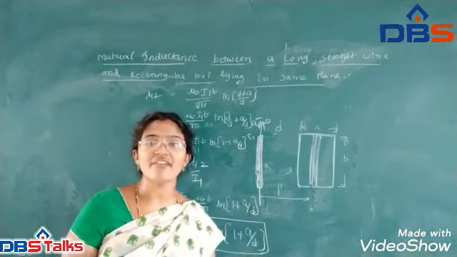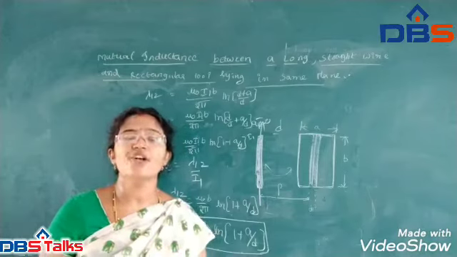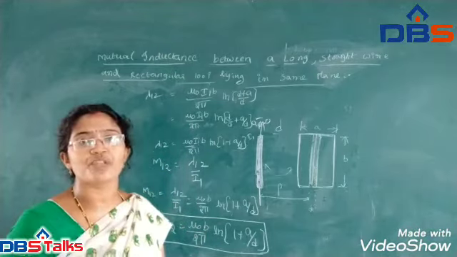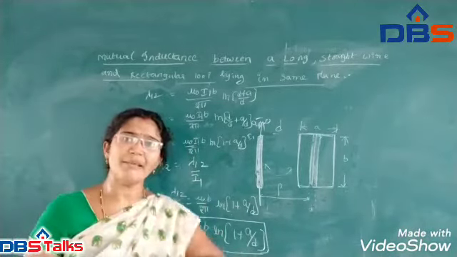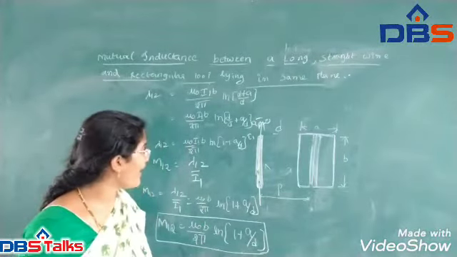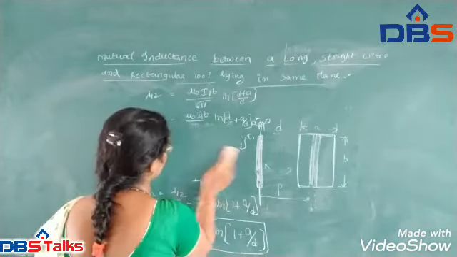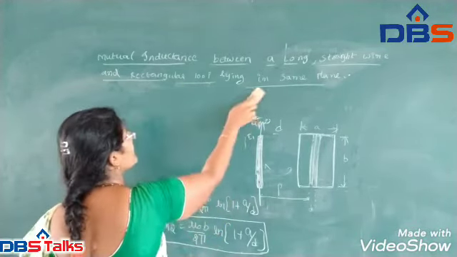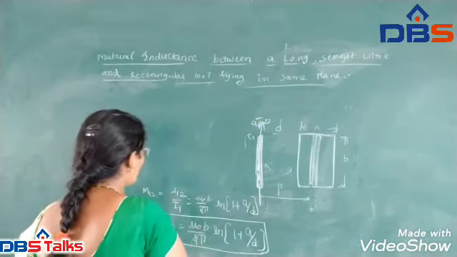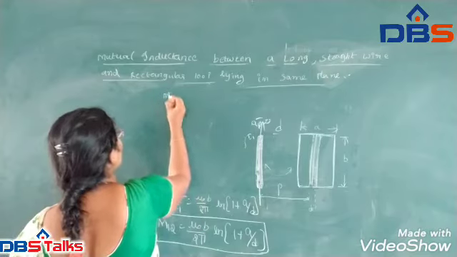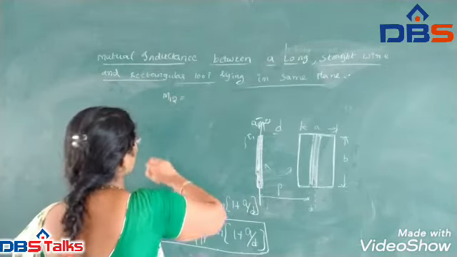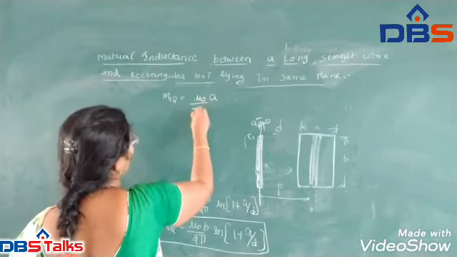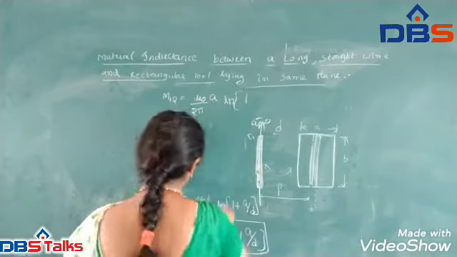A square is nothing but a shape having all four sides equal, so you can assume that all four sides will be A. When the length is A, the mutual inductance can be written as M12 is equal to mu naught A divided by 2 pi ln of